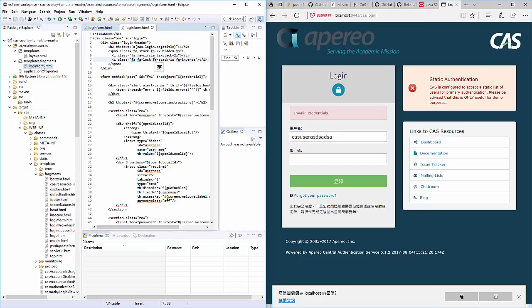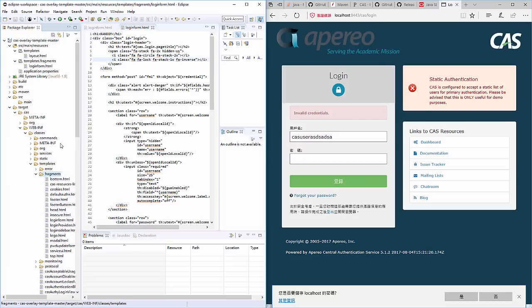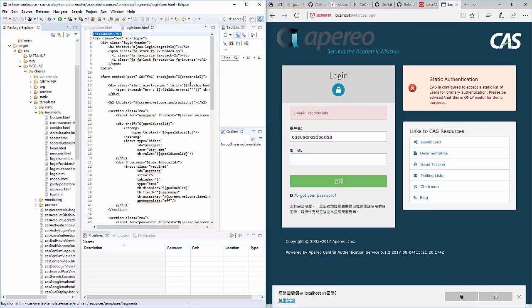So if I do something like that, the file structure is a bit messy, but this is actually the resources, then templates, then fragments. So it's similar to classes, then template, then fragment, then stuff. So it will actually be able to replace the login form here with an h1 random, and also the application properties and the layouts with the new files.